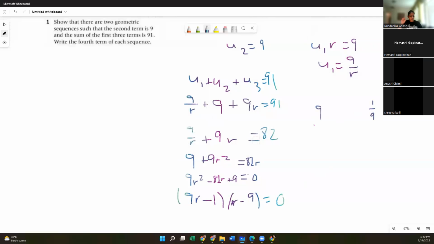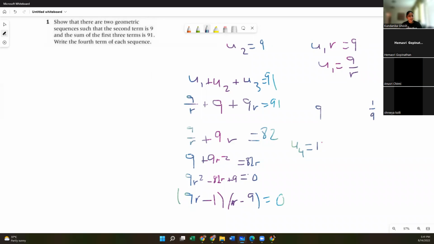Okay, so what we want to do here is plug this into the equation for a geometric sequence, right? Because we want to find the fourth term of each sequence. So we're going to have u sub 4 equals 1, right? Everyone see how we got 1? Because u sub 1 is going to be 9 over r. In this case, because r is 9, your common ratio is 9. That means that 9 over 9 is u sub 1, which means that your first term in the geometric sequence is 1. So everyone understand how we got that? I'm going to take that as a yes.